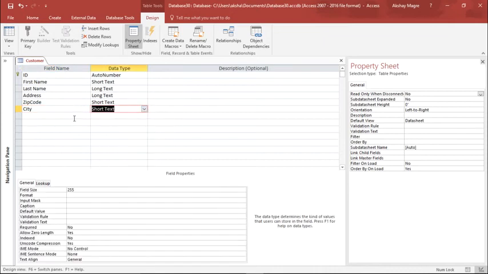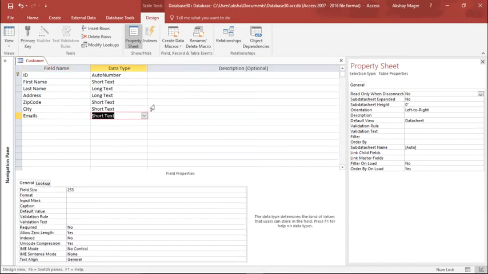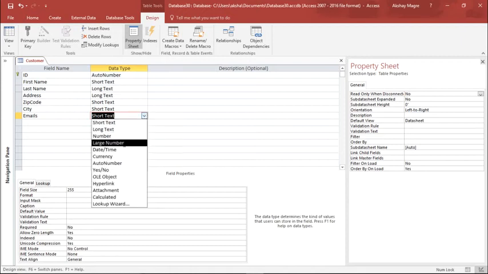Okay, perfect. Now I want to create a new field, where basically this is my customer database. Now whenever I have a customer database, I would like to send out some emails to them if I wish to, right? So if I want to send out some emails, I will create an emails box, right? And out here on this drop down menu, I can select the field which says lookup wizard. Now why am I using this particular lookup wizard? Now let's say that I want to create a drop down menu, whether that particular customer would like to receive the mail or not receive the mail.